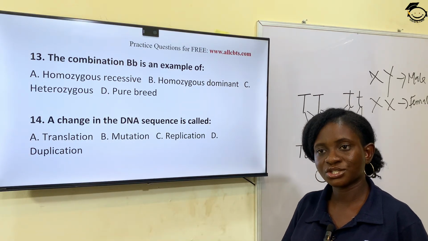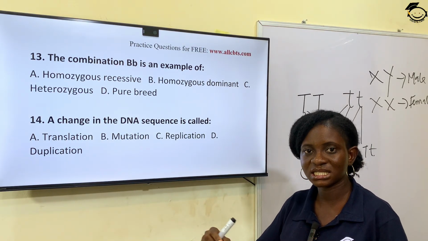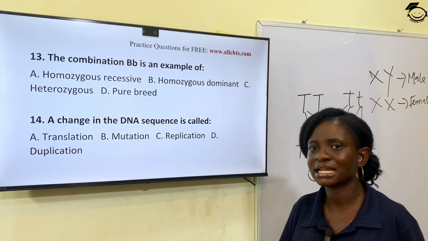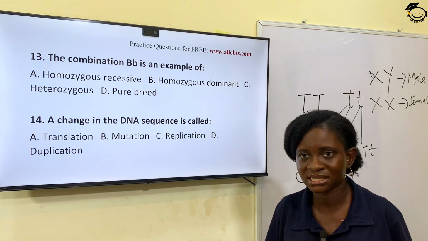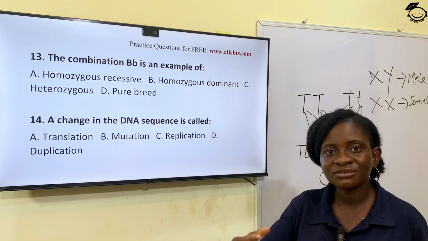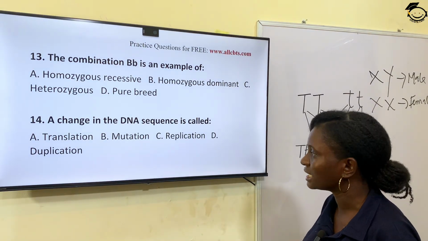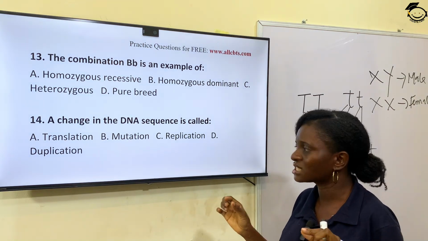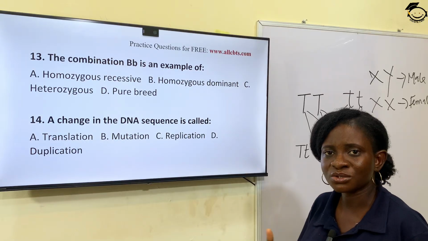Question 14. A change in the DNA sequence is called A, translation, B, mutation, C, replication, D, duplication. So if there is a change, say a DNA is extracted. DNA can be gotten from a living organism, and you have the extract and you did your analysis and you see that there's a change in a DNA sequence, which can result in